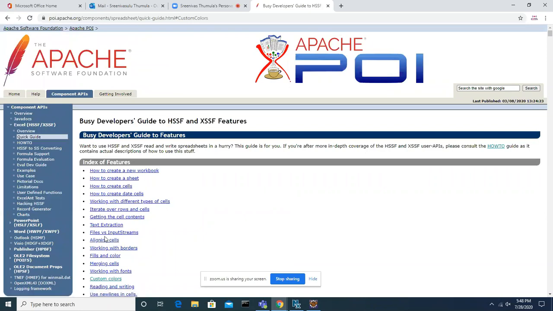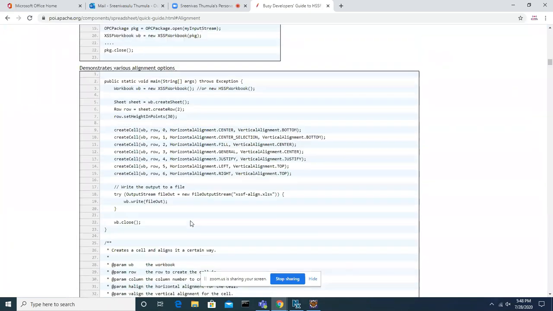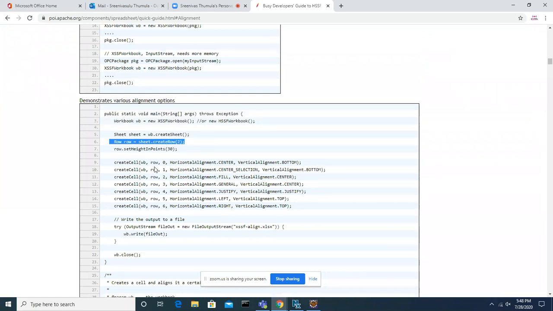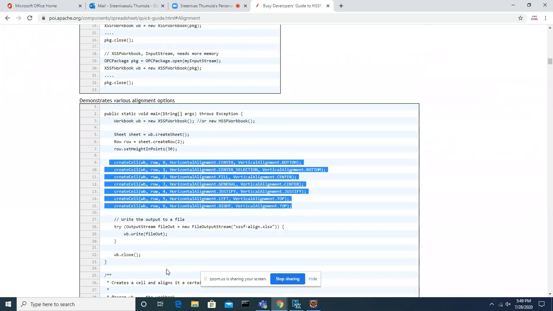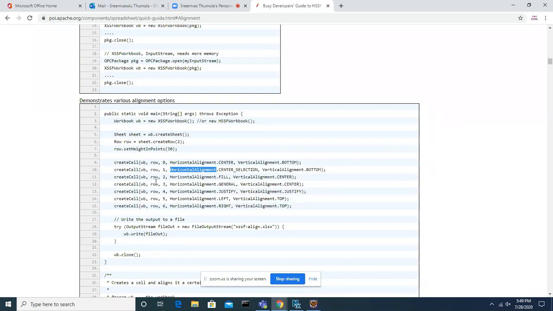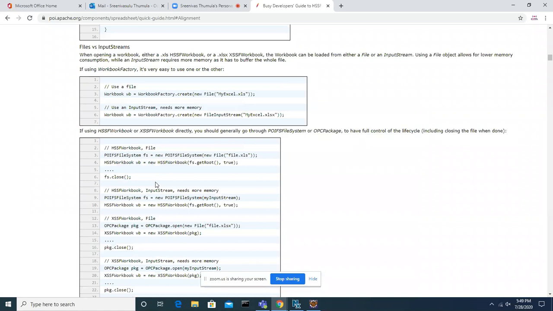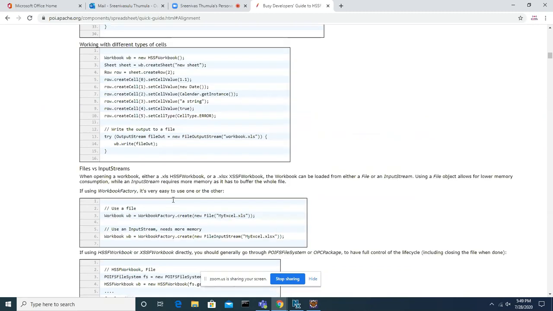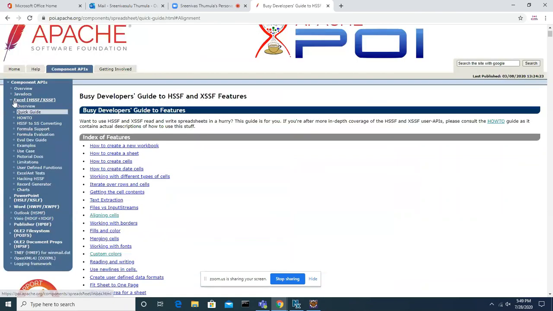But I don't need to discuss many things here, because if I go through any example, I have to say create an object, create a method, use this method, align it like this. Everything is predefined, and I have to take it and explain it to you. I don't need to spend time like this, guys. I'm always talking about the predefined methods. But you guys understood the core concept of how to create an Excel file. This Apache POI is not only for Excel, guys.